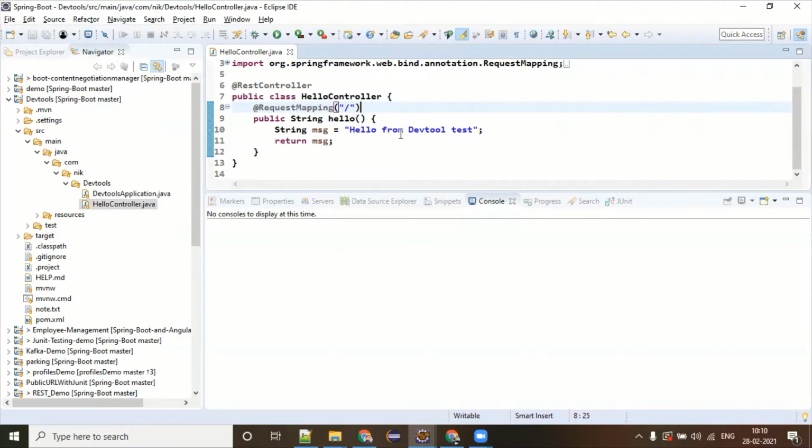So the typical way is whenever you make any changes in your Java program, you have to compile it, build it, generate a WAR, go to Tomcat, stop the running Tomcat instance, put this WAR into the Tomcat webapps folder, restart the Tomcat, and then you will see your changes. And again, you find that, oh my god, something I have missed.